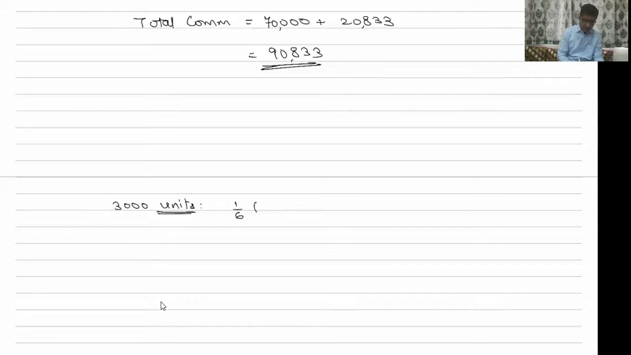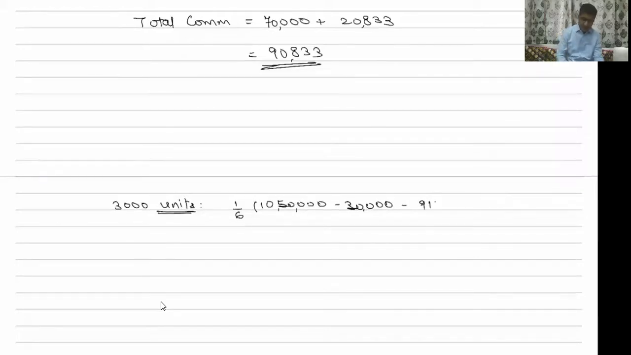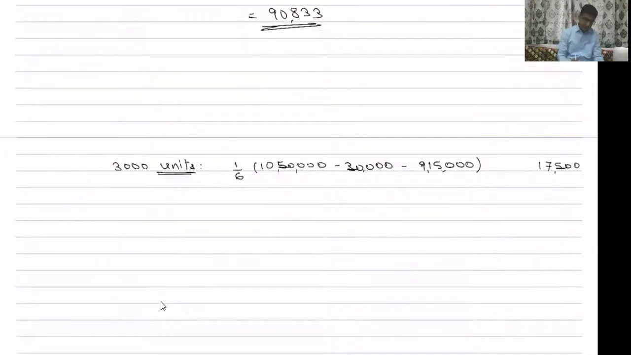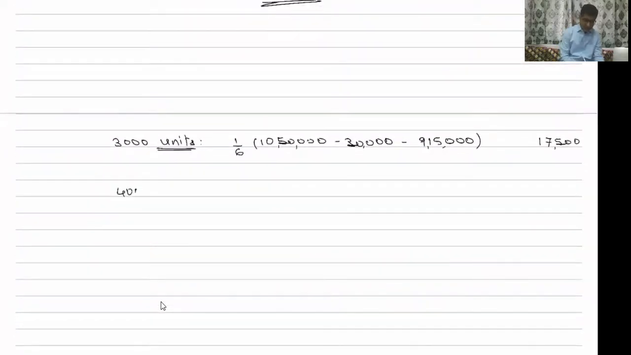1/6 of what is the sales at 350 ना? 10,50,000 minus 30,000 minus 305 into 3,000, 9,15,000 बराबर. Minus 10,50,000 divided by 6, so that comes to 17,500. बराबर. और जो 4,000 यूनिट्स बेचे हमने,